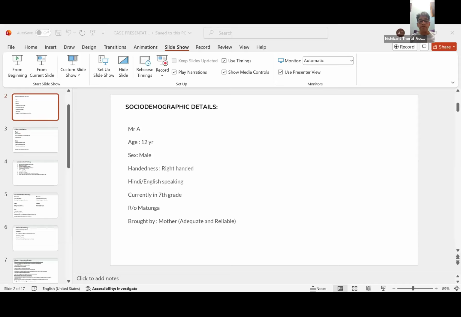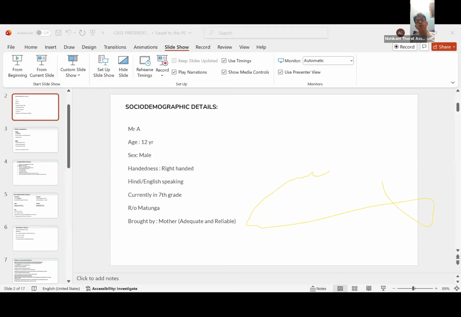And had you sought any information from the school regarding his behavior? Sir, actually, the school had sent a school letter. In the school letter, it was mentioned that he is not able to concentrate. He's being mischievous at the school. He frequently changes benches and runs to other benches in the school. He talks back to the teachers, and he also is verbally abusive towards other students in the class. So all of this was mentioned in the school letter. Okay.